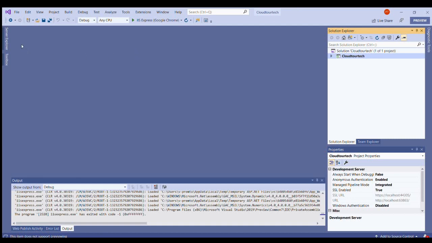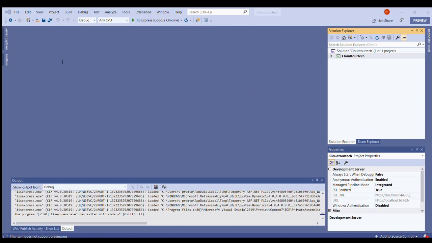So for that I'm going to create a web application. Just I'm going to File, New and the Project. So I'm going to select the template of ASP.NET Web Application. From here, I'm selecting the MVC with Web Application. It's not the core. I'm going to develop the ASP.NET Web Application with MVC architecture. So I'm going to click on Next.